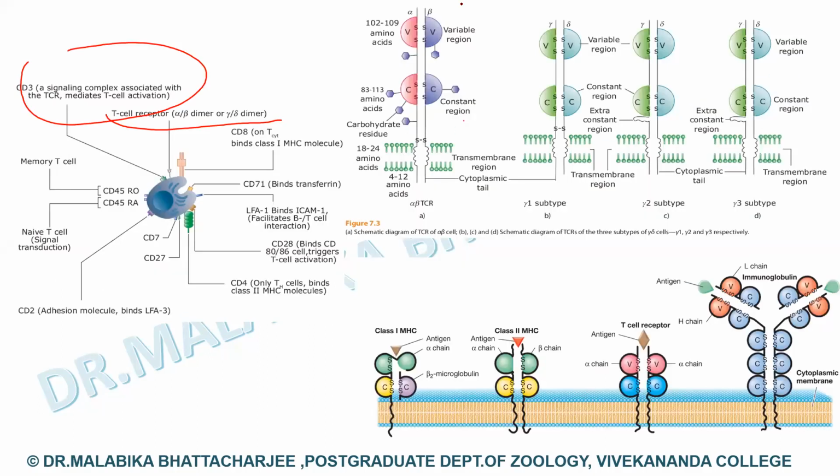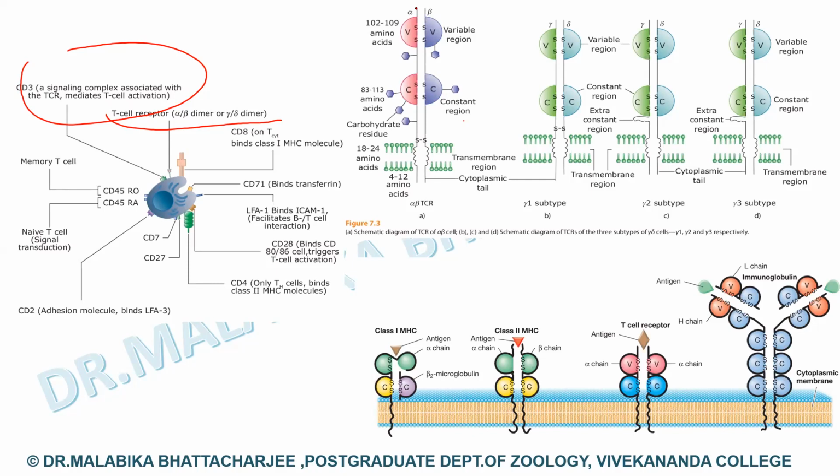Now let's look into some more details in this particular picture about this receptor. If you think of a T cell receptor, a receptor is nothing but a polypeptide chain present on the surface of the T lymphocytes. This polypeptide chain can be of two types. Because you have already done MHC class molecules, you have this basic idea that these receptors are nothing but polypeptide chains. Now the polypeptide chains can be of the alpha type or the beta type, or they can be of the gamma type or the delta type.